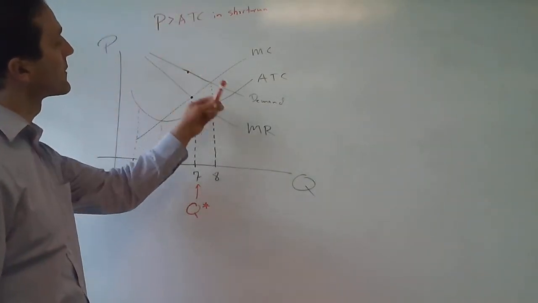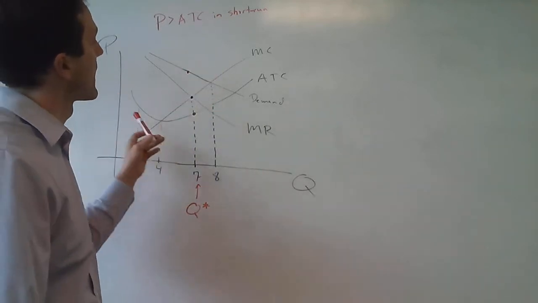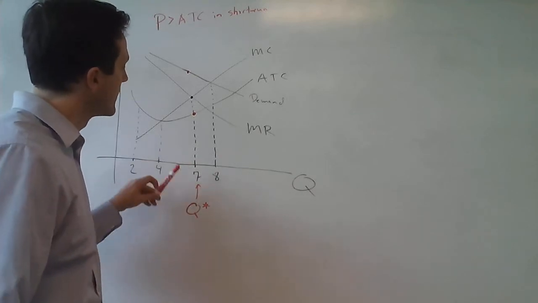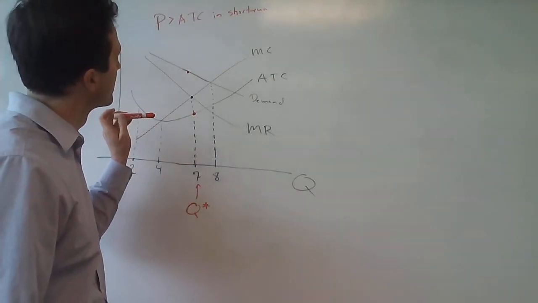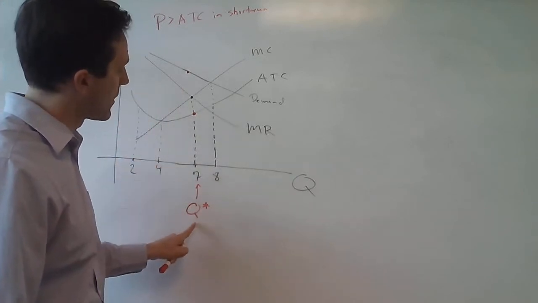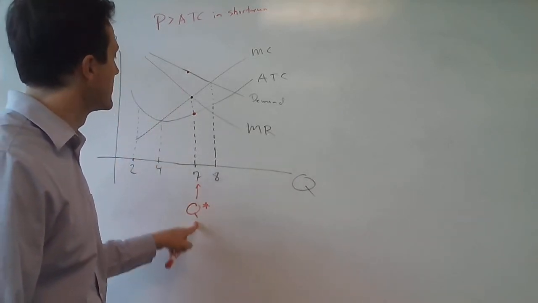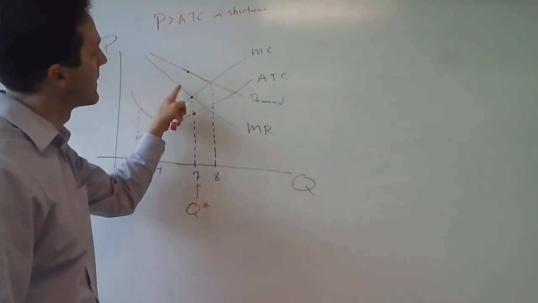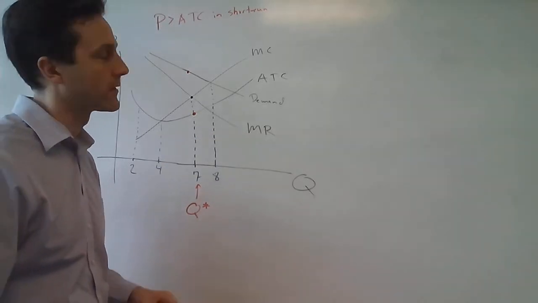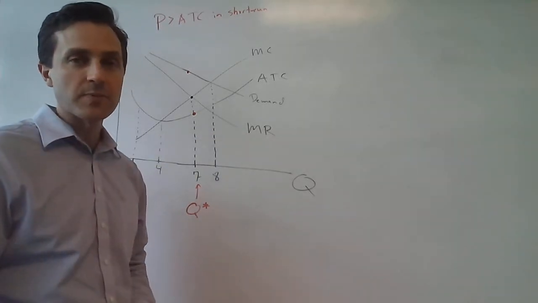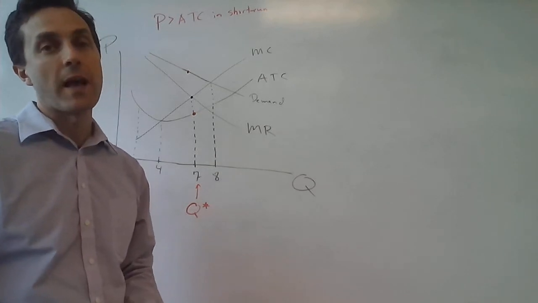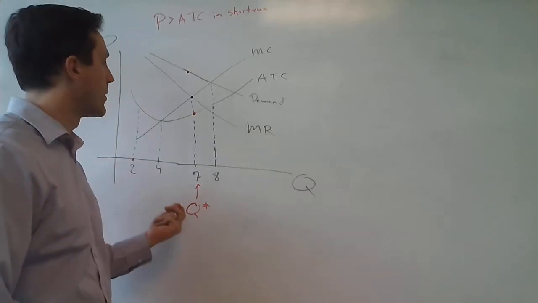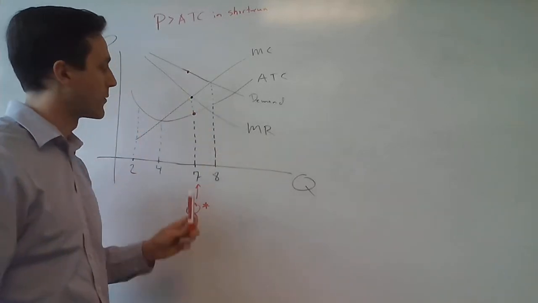So here we have a demand curve, marginal revenue curve, marginal cost curve, and average total cost curve. In a previous video, we already dealt with this graph, and we found that the optimal quantity, which I'm labeling Q star here, is 7, because that's where the marginal cost line and the marginal revenue line intersect. The optimal quantity that will maximize profits for a monopolistically competitive firm, as with a perfectly competitive firm as well as a monopolist, is the quantity where marginal revenue equals marginal cost, and that quantity here happens to be